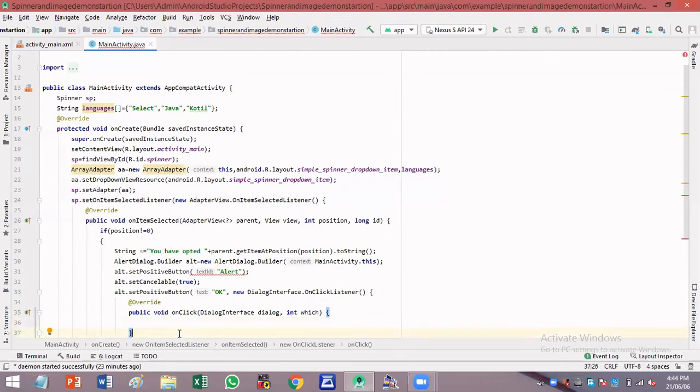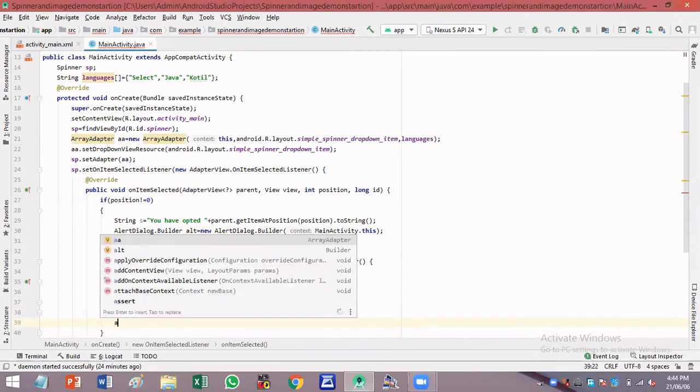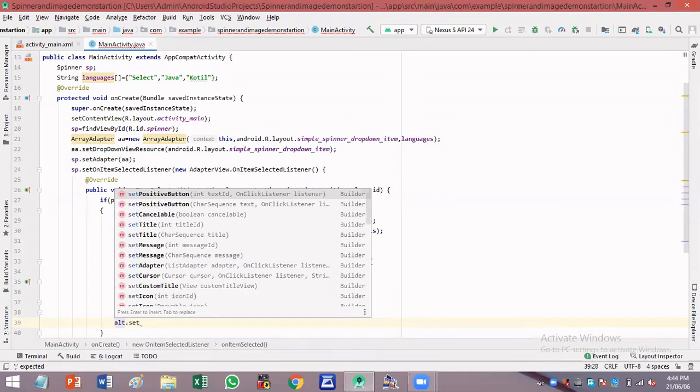And now don't write anything here. Just write a semicolon. If the semicolon is not there, just place the semicolon. And next, after this braces and semicolon, just write alt dot setMessage